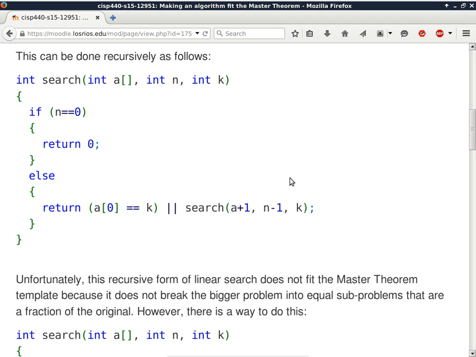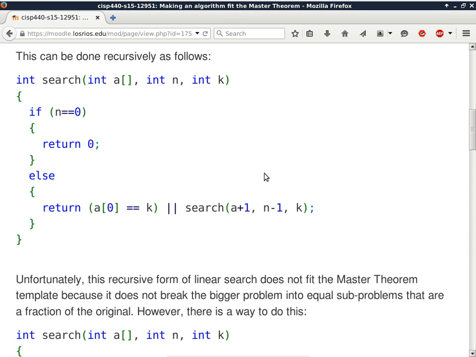There you go. That should do it. Okay, so this is the lazy way of doing recursion, because if n is not 0, in other words, there's at least one element in the array A, my only job is to look at the beginning of the entire array and check the first item. If it is k, then I'll just say we are done. Because in C and C++, the logical OR operator uses lazy evaluation, which is also known as short-circuited evaluation. If the left-hand side of the double bar, the logical OR, is true, it does not bother to evaluate the other side, which is great.